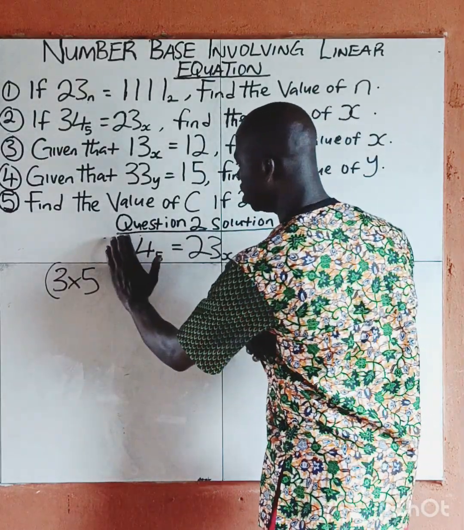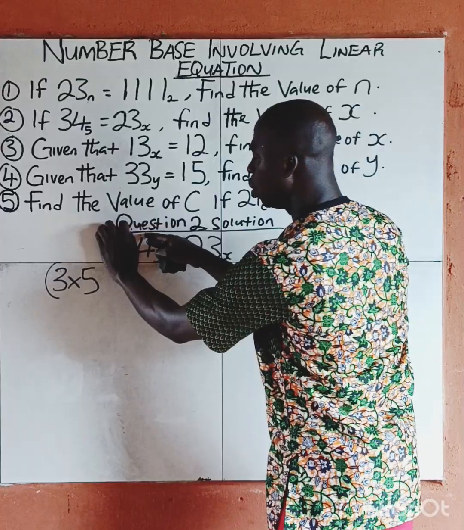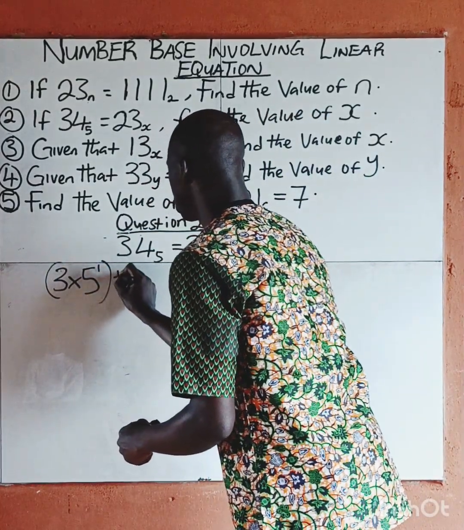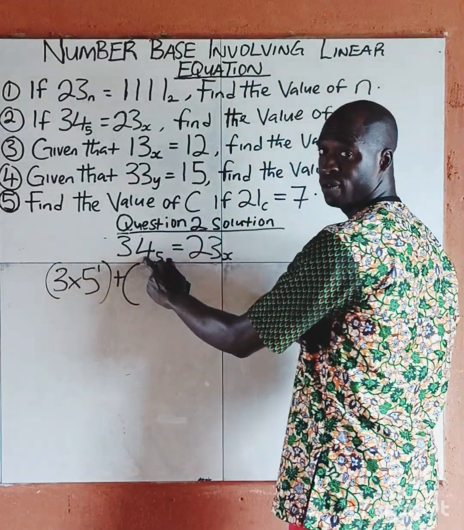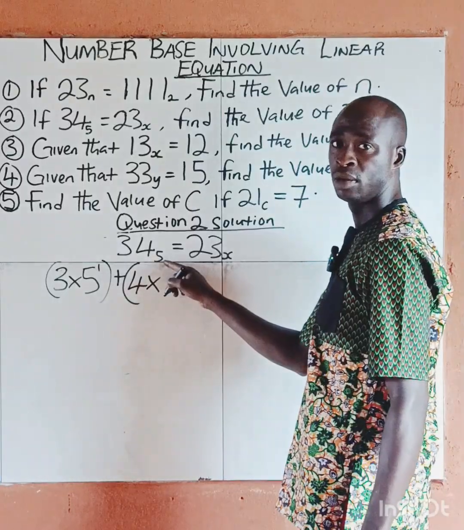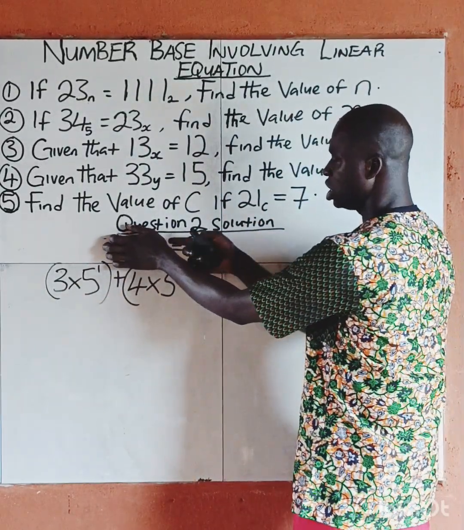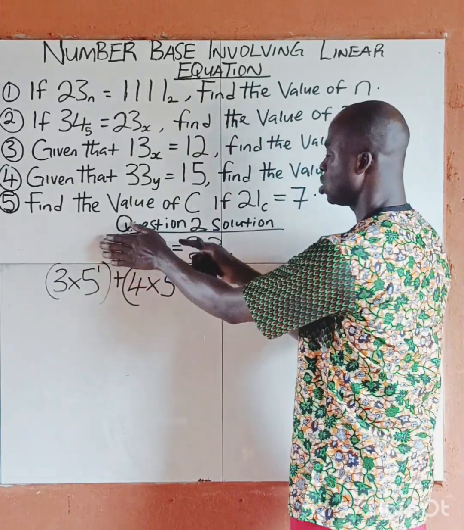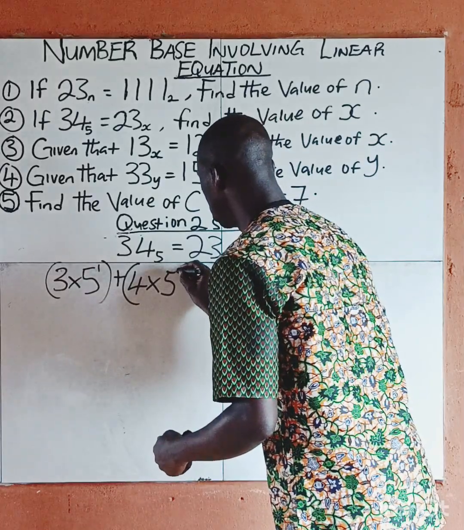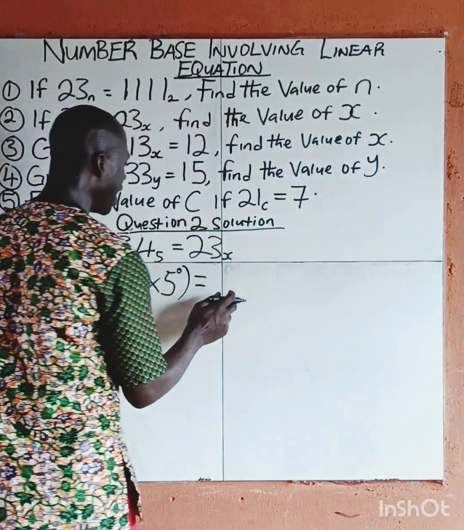If I should close this first digit I'm currently working on, what do I have left? I have only one digit left. So you say raise to the power of 1. Plus, I open another bracket again. What am I having here? This is 4. Multiply by, what is my base currently? My base is 5. If I should close this digit I'm currently working on, there's no more number for us. So you say 0. There's no digit left. You say raise to the power of 0 equal to,